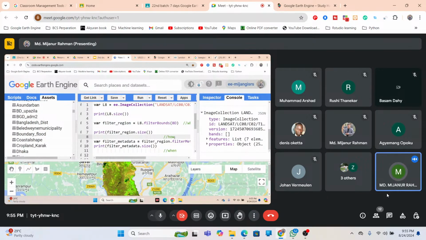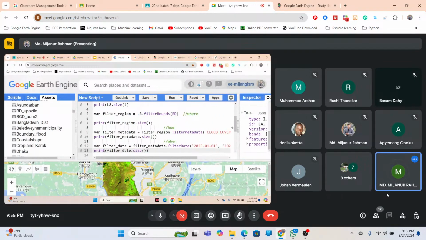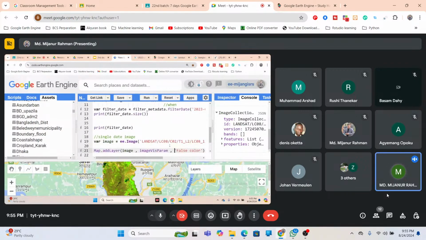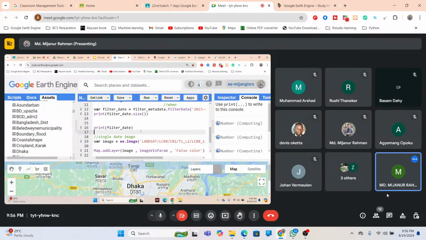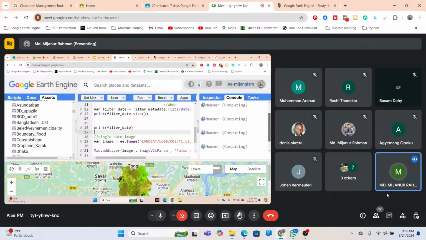Okay, and now I want to choose, suppose, less than 1% cloud imagery for BD, and I need the images for the year 2023. So now finally we check how much imagery is available. Just click run. Now it's computing how many images are available for the whole country boundary of Bangladesh with less than 1% cloud cover in the year 2023. So here you can see we found a total of 71 images. This result is 71 images for the full country boundary of Bangladesh,